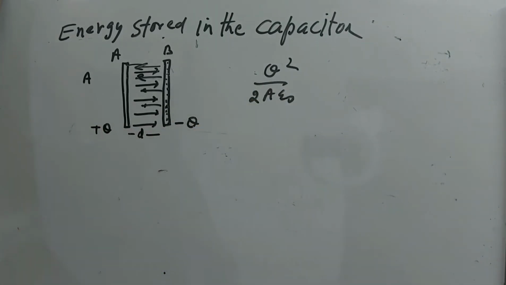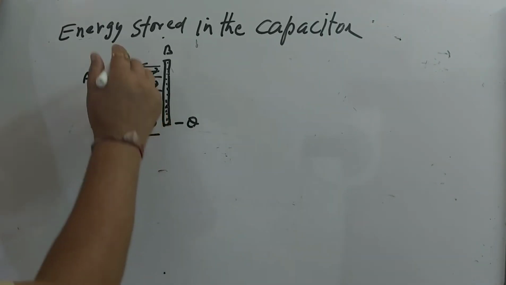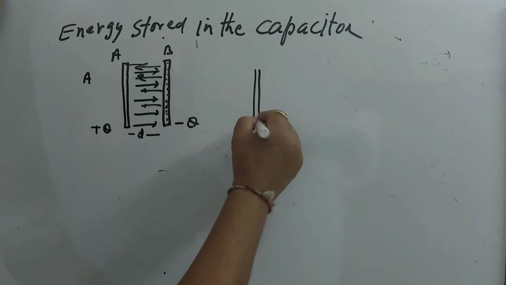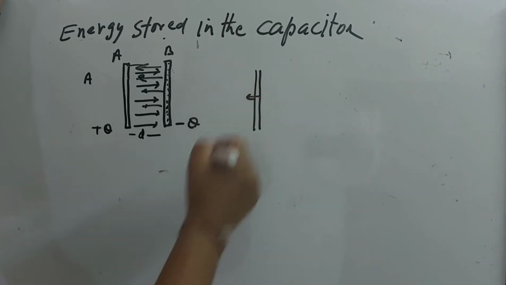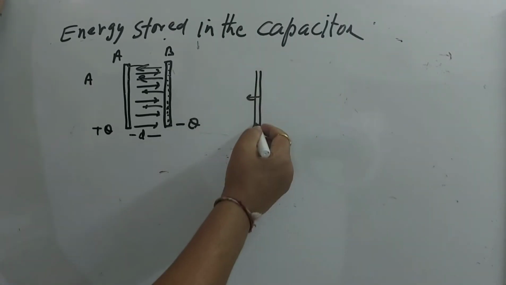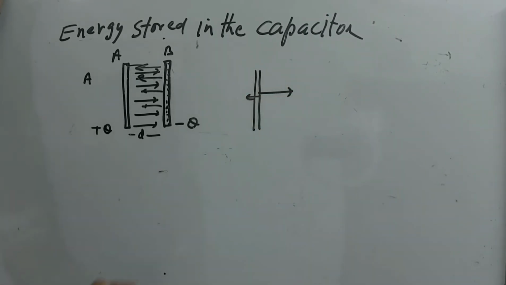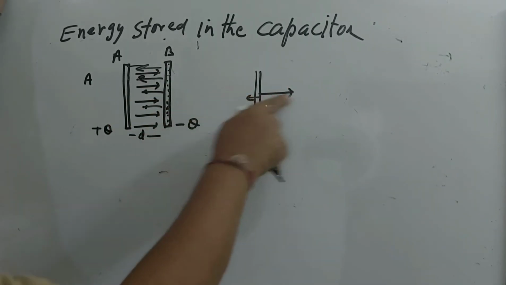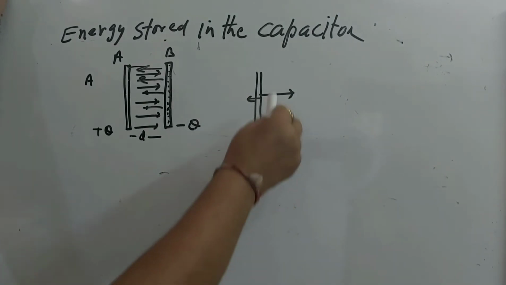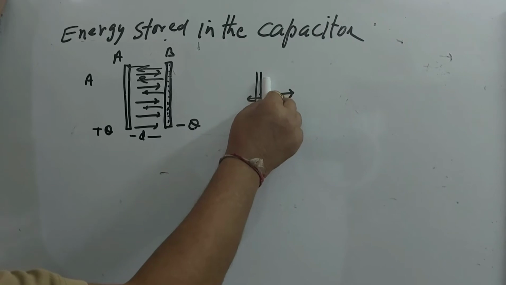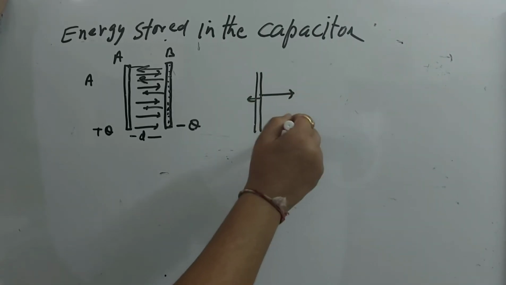Now this is attractive force, and suppose this is very close to this, and force will be acting this side. If we want to move this plate away from this side, so same force you will be applying in the opposite direction, and you move this plate to distance D,